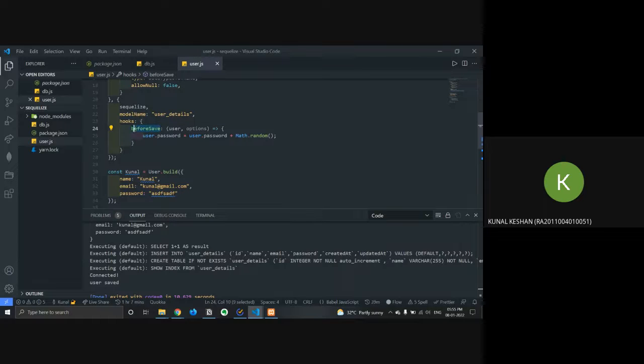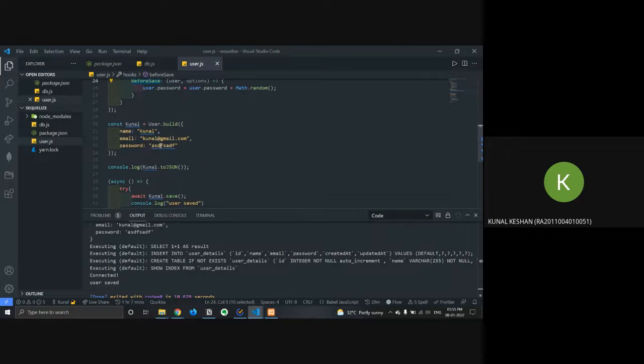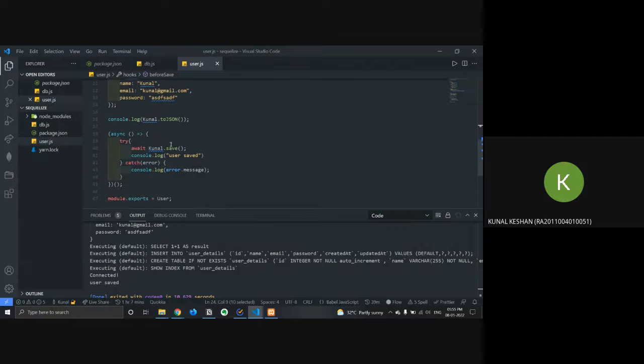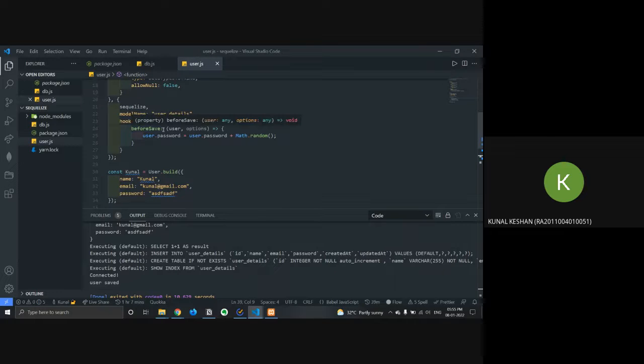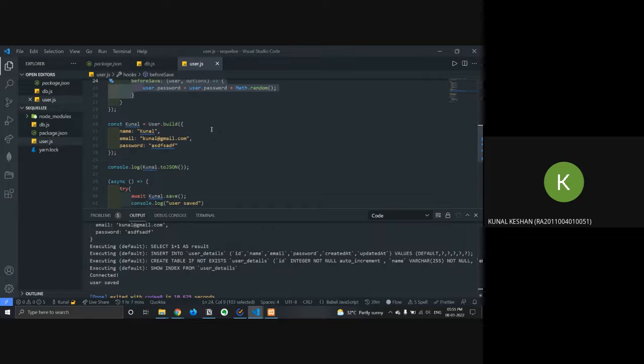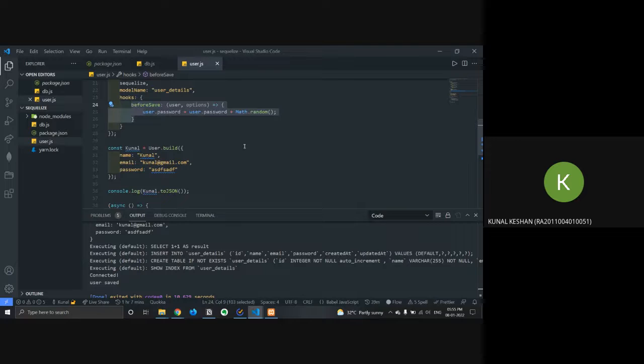In this case, it's the before save hook. Before save, straightforward. It calls whatever function is specified in the before save hook, and then executes those functions, and then it saves it.